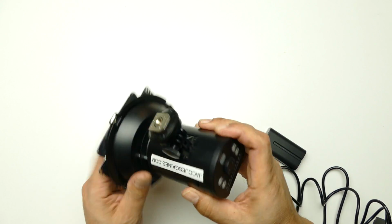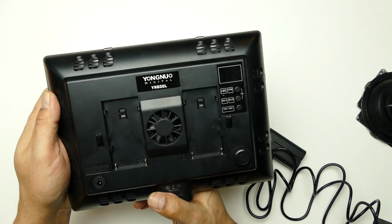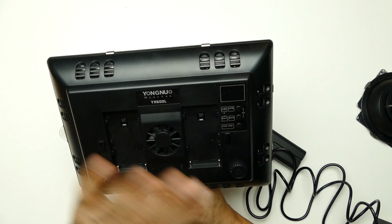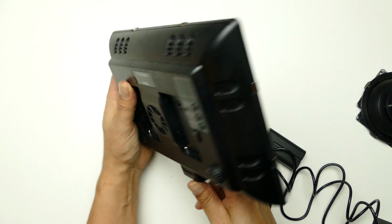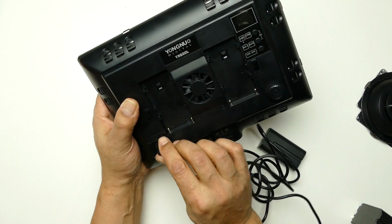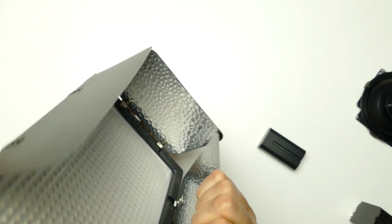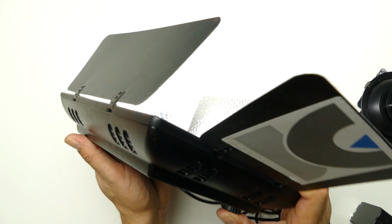Some other great news about the adapter that is really fantastic is that on this model right here, the YN600L, which is, I'm a really big fan of this LED light for doing video. The adapter also works on this as well. So if I plug the same adapter into this light, it works just as well. So you are killing two birds with one stone if you do have